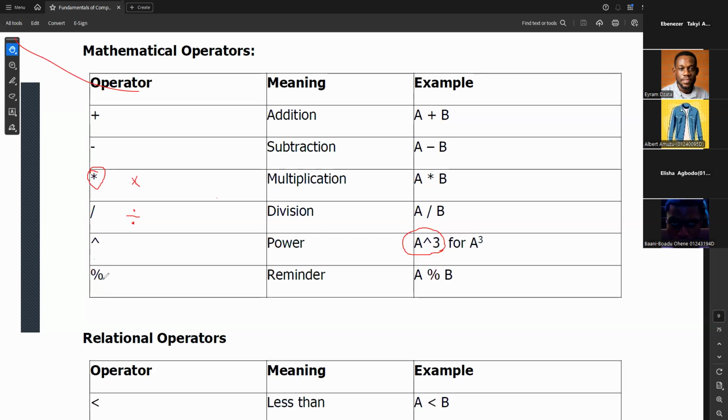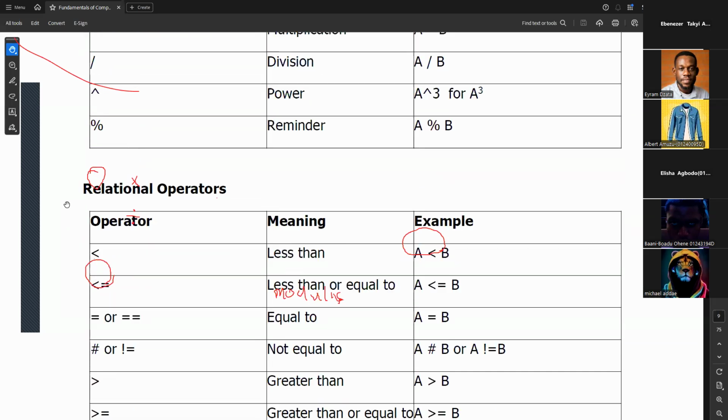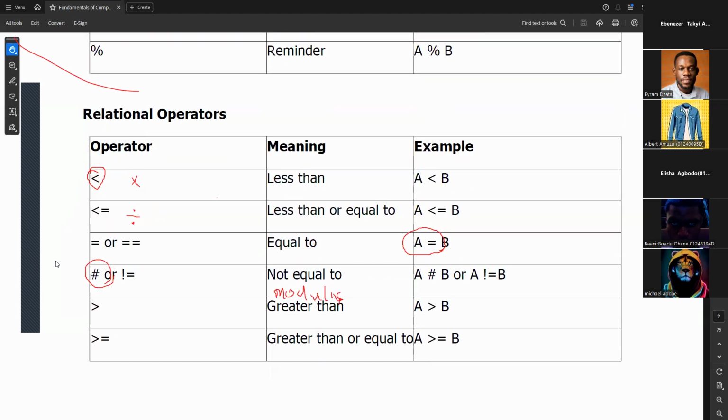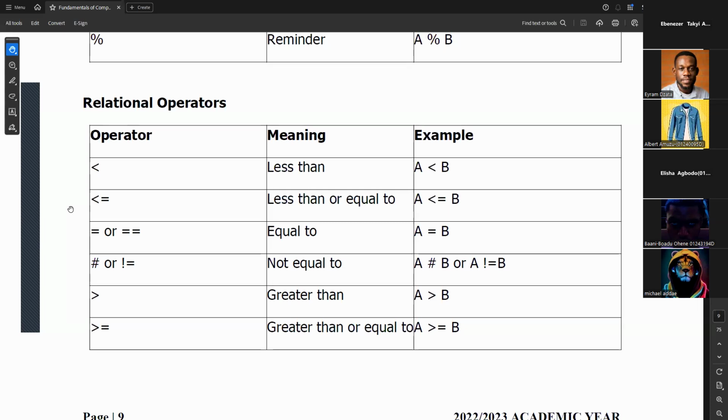Then we have the percentage symbol here, which is used for finding the remainder, what we all know in maths as modular arithmetic. So we use that to find the remainder. Those are the basic operators you should know of. Those are the mathematical operators. Then we come to what we call the